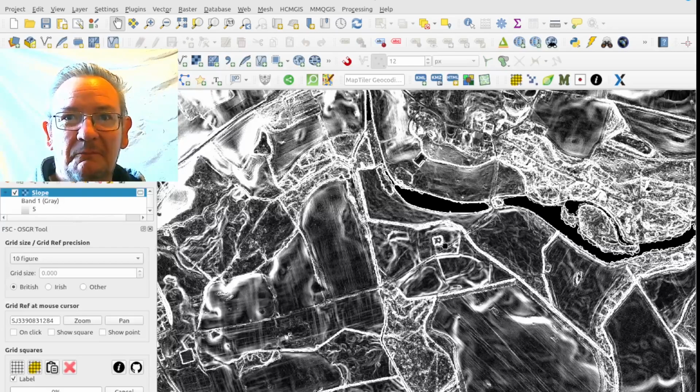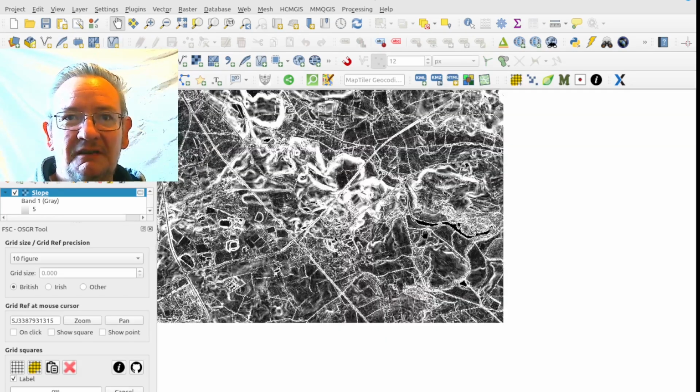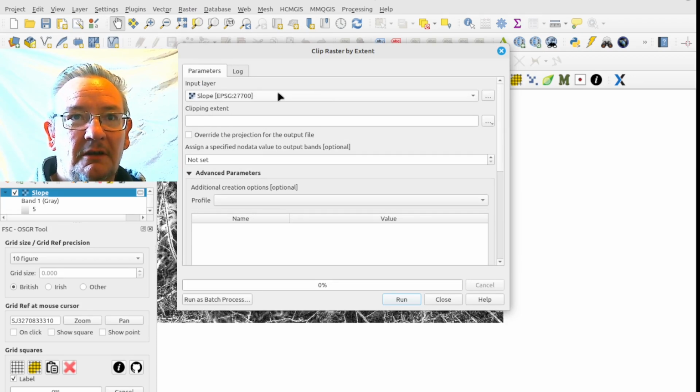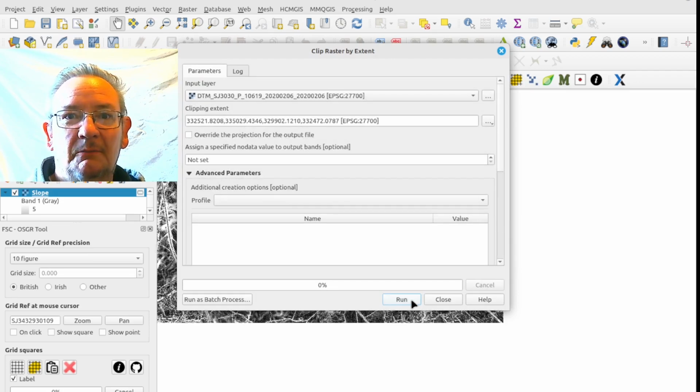Right, first thing we want to do is we want to clip this raster. We want to make this raster a bit smaller. It's a bit large, so we don't want to clip too much away, because we'd like to see the landscape around it. So I'll probably just clip it to about here. All right, so I'll go up to raster, extraction, clip by extent. I've got it on the DEM. I'll put it on that one, the DEM, the original one, not the slope. And then we click here, draw on canvas, and we'll just clip it to about there, and we click run,